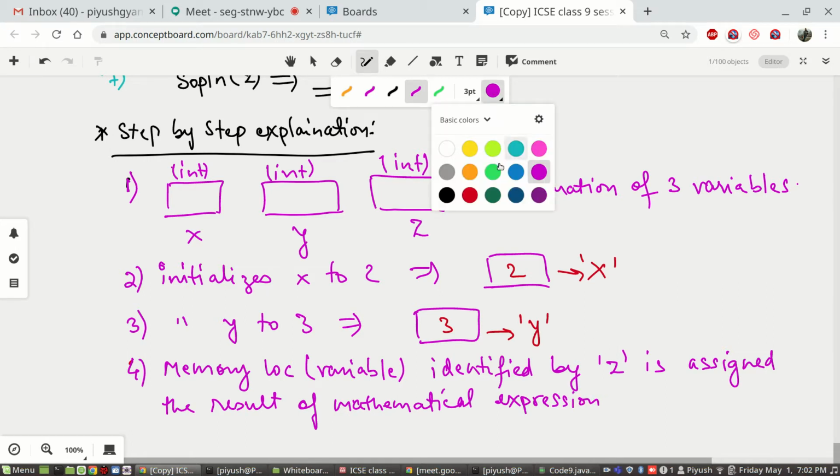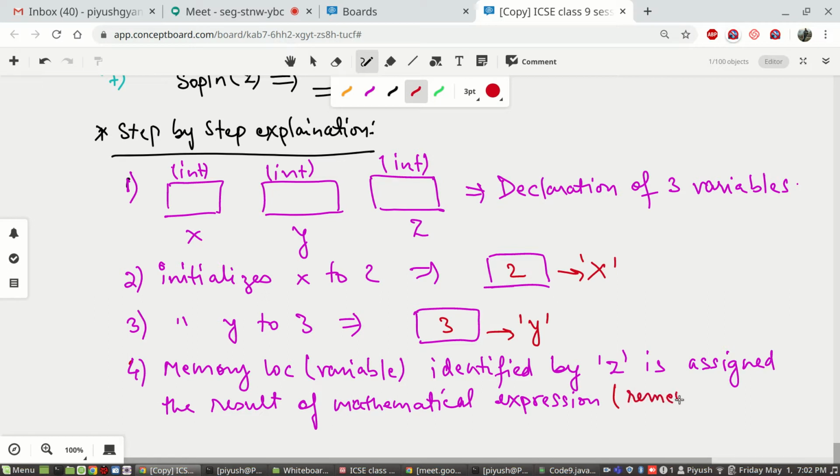I'll write it in brackets. Remember, not the expression itself. It stores the result of the expression and not the expression itself.